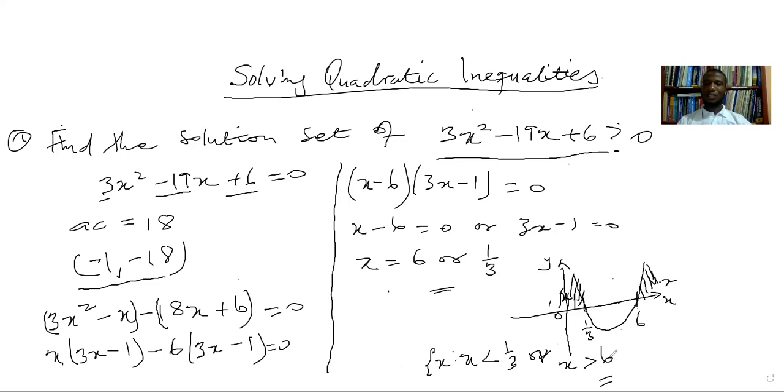than 6, because the values are to the right of 6, and on the number line, any number to the left of a number is less than that number, and also to the right of a number is greater than that number. So all the values to the right of 6 are greater than 6. So this becomes our answer